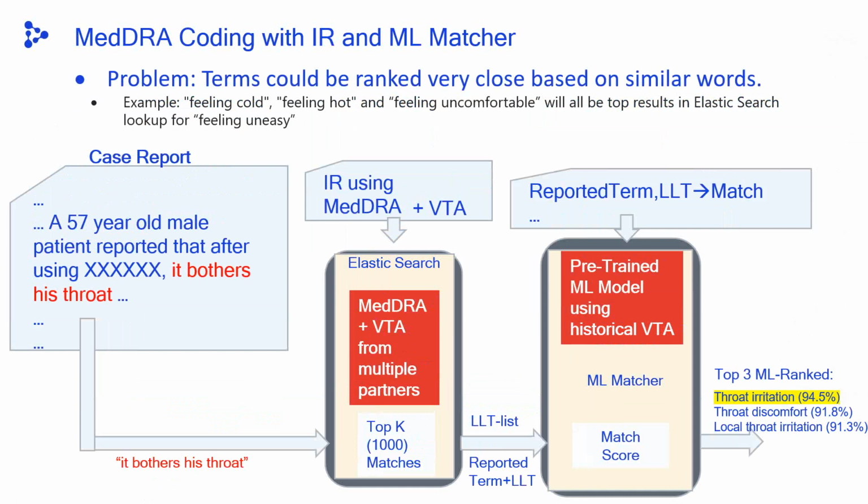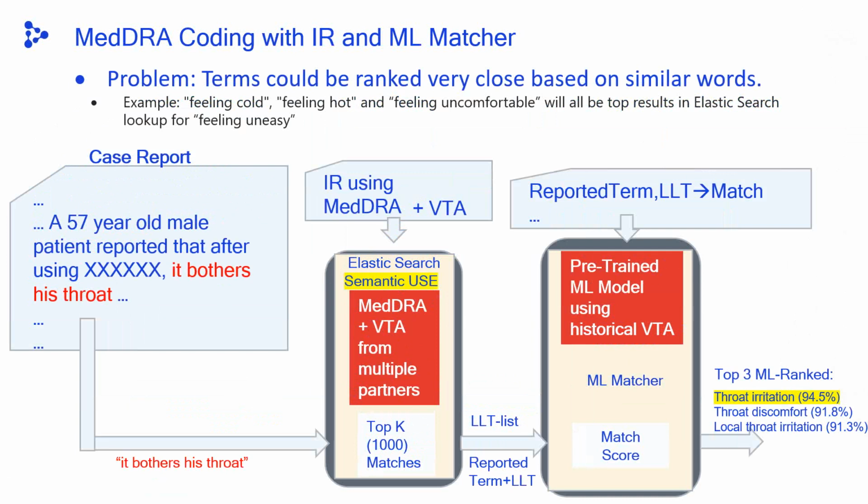However, as I pointed out, the words may not even exist in the respective correctly coded term. So in that case, you have to use meaning, right? You cannot base it on just string match or word match. You need to have semantic match. So that's what we use next, instead of just word match. So we use a semantic algorithm to bring the closest previous LLTs or synonyms that were coded before.